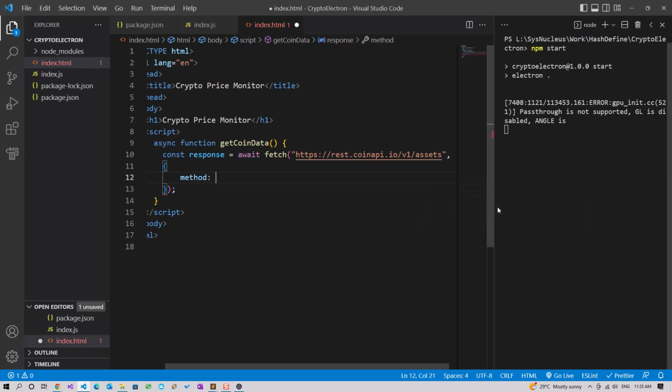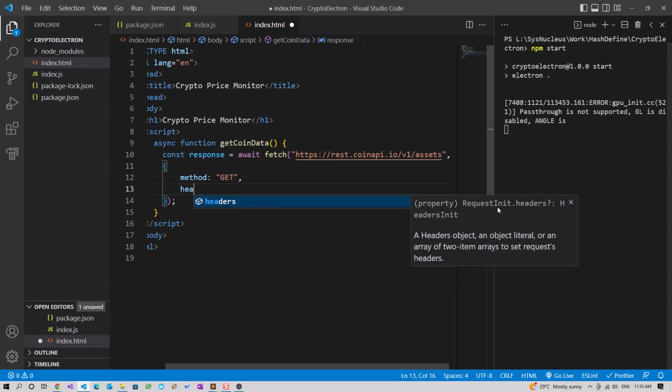And the method is GET on that endpoint, and we need to specify our API key in the headers